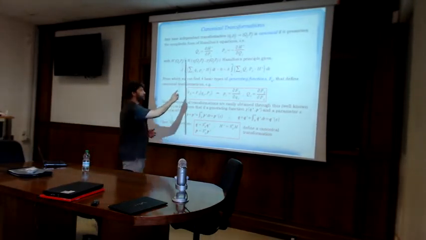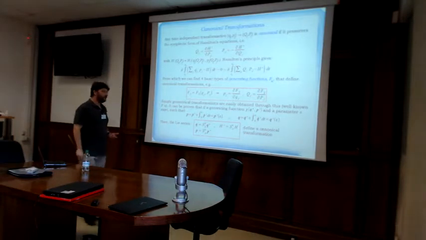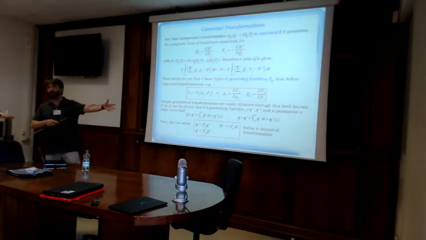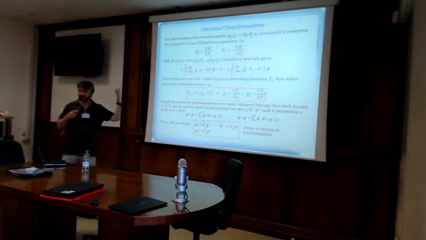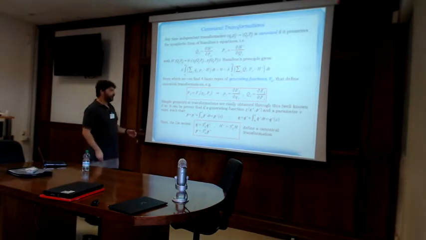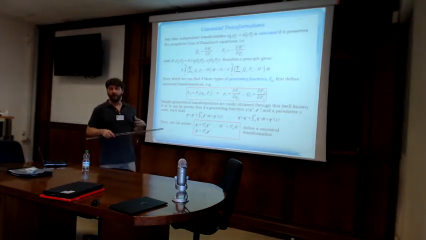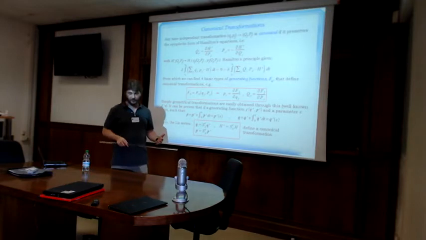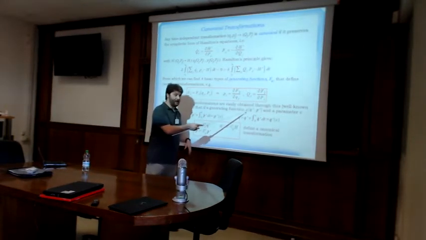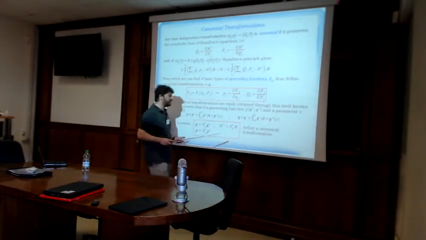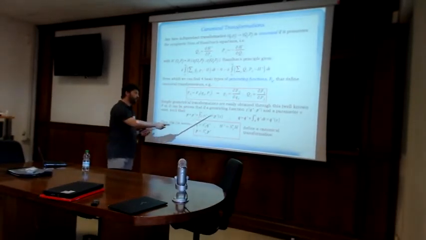So the new variables would satisfy this. Simple geometrical transformations like translation, going from Cartesian to polar and so on, can all be done this way. We know the generating functions have been used for hundreds of years. Now there's another way of doing it, a little bit more involved, where you can look for a generating function of the new variables, let's say, this. And the theorem says that if such a function exists and a small parameter exists such that the old and the new variables can be cast in this form,